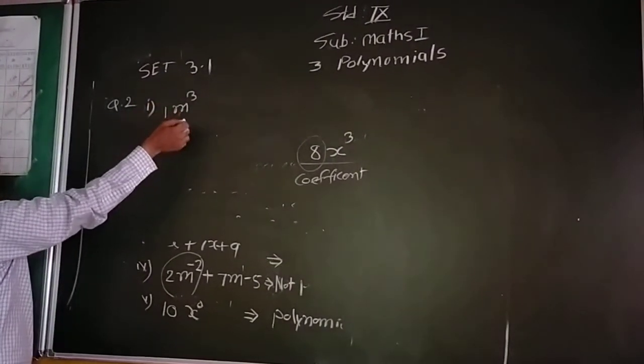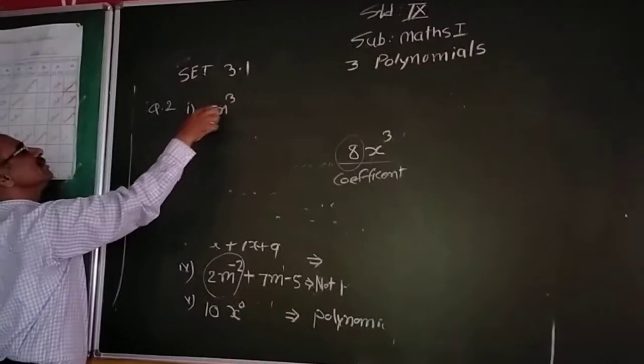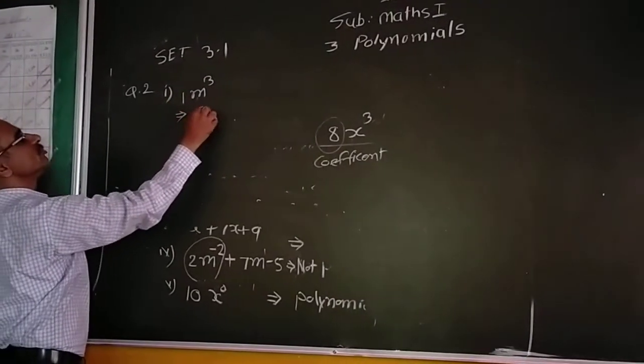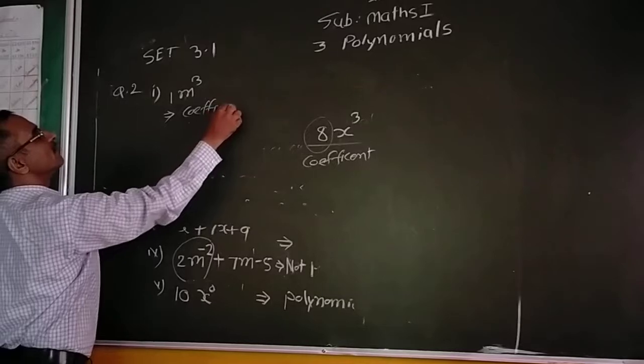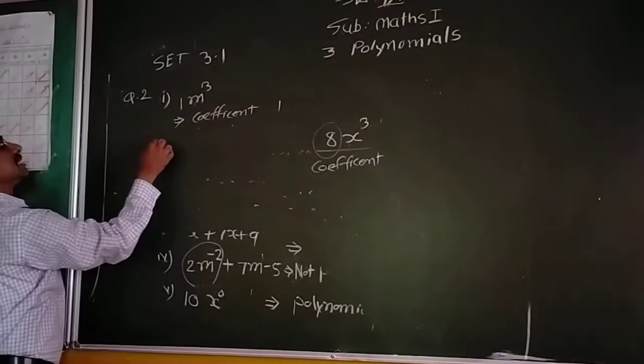It will get multiplied by 1. 3 is the power, but 1 is what? Coefficient. So coefficient is what? 1. Then second example,